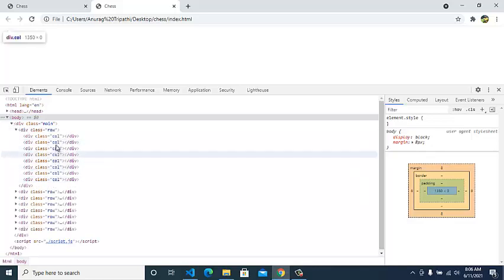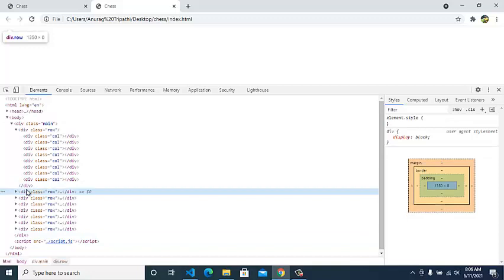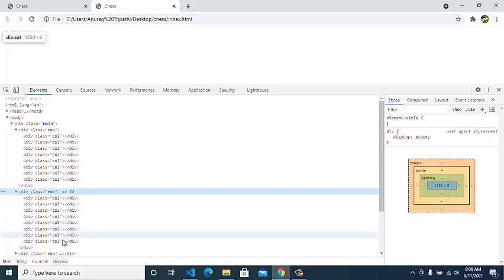So you can see as I have written class name over there, it has attached that class equal to column, and here also class equal to row. So each row has 8 columns now. When you open this, you can see each row has 8 columns. So this you can do in HTML also, but here it becomes really easy, like 5 to 6 lines, and you can add the rows and columns.